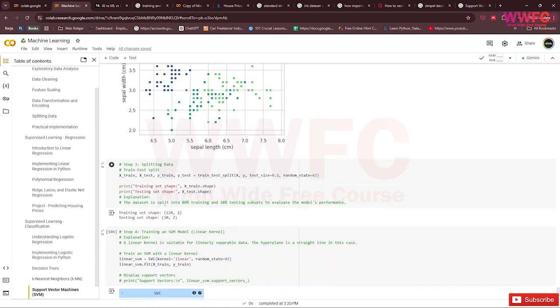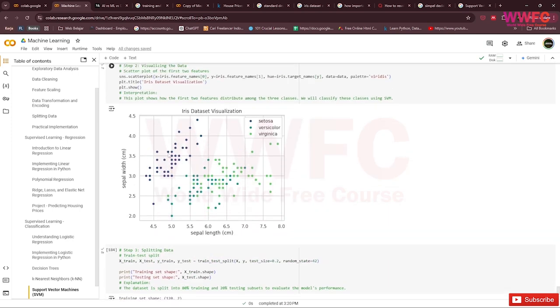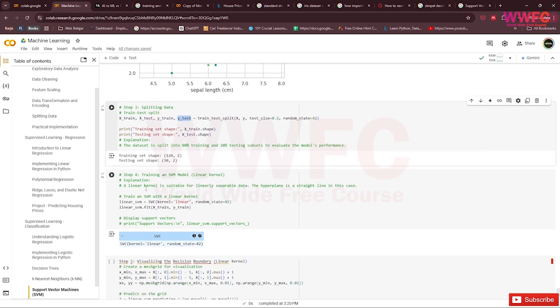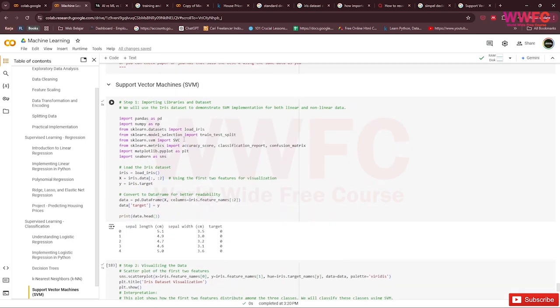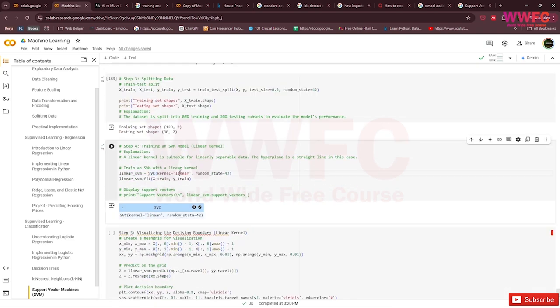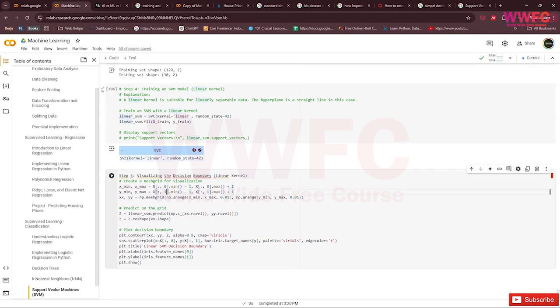We just check the data visualization, and like usual, we split the data into X train, X test, y train, y test. Then we go to sklearn SVM, import SVC. We use SVC with kernel linear, so we can visualize the decision boundary of the linear kernel.